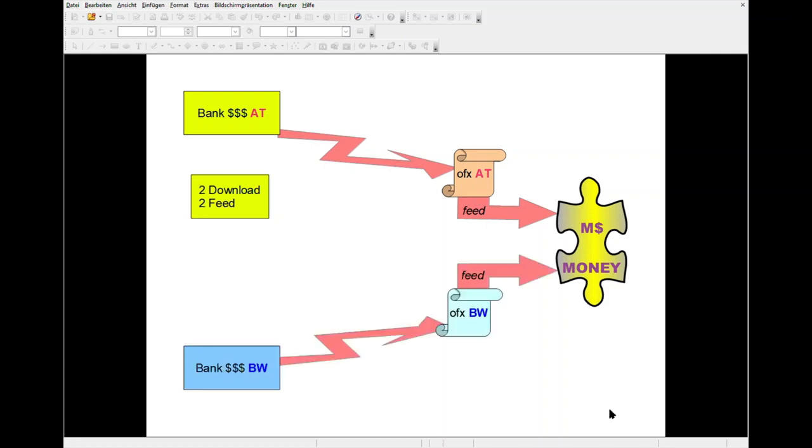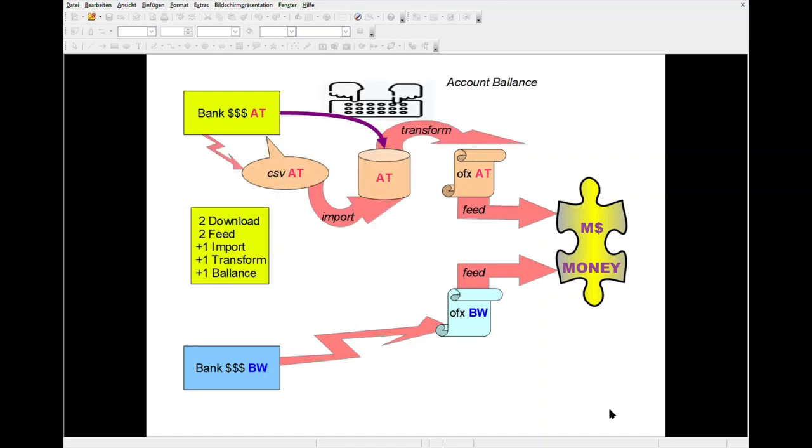Once one bank had this, another bank also followed, and they did pretty much the same. You had to download your OFX feeder, you had to feed it into MS Money, and you could rather easily control your environment. So you were at the point of having 2 downloads, 2 feeds. Not a big effort, and quite interesting information at the time. As time went by,